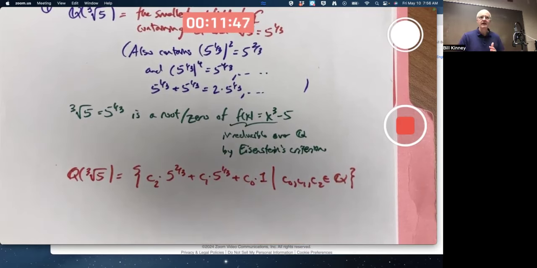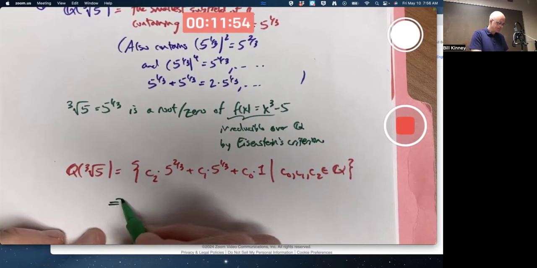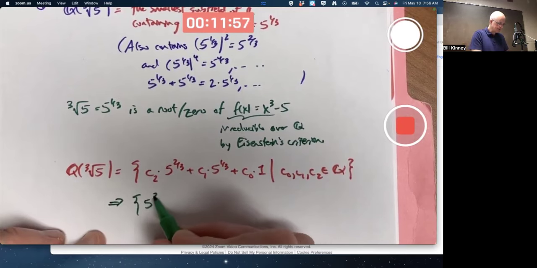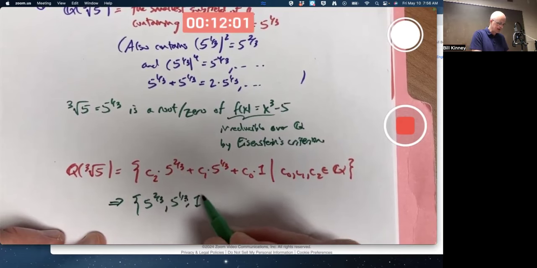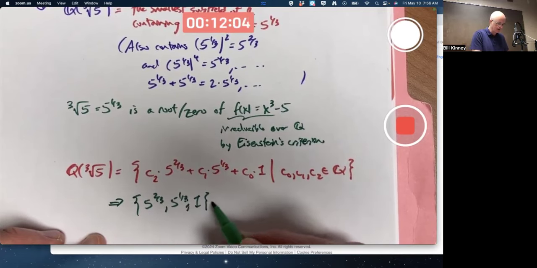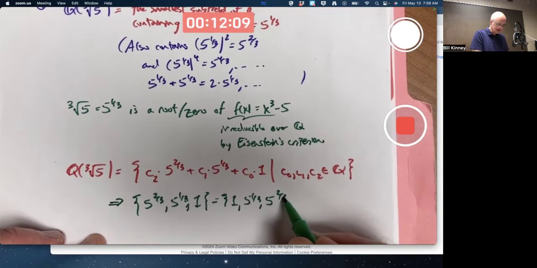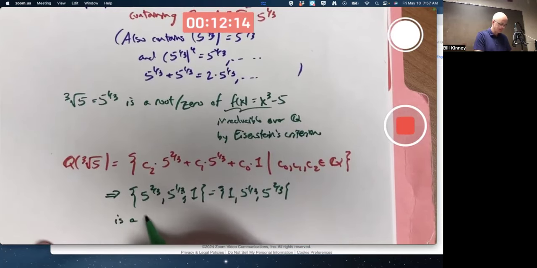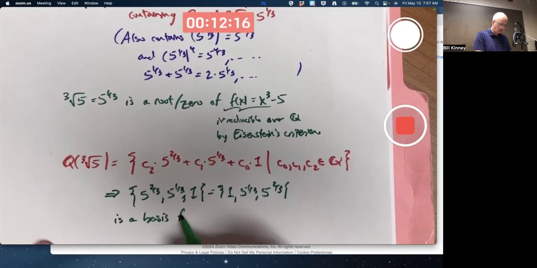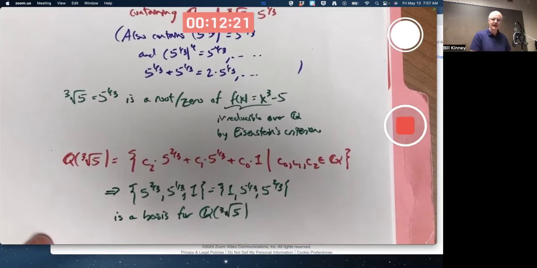This is also enough to say that this set of 3 elements, 5 to the 2/3, 5 to the 1/3, and 1, I'm writing them in that order, but it is a set, so I could write them in the other order: 1, 5 to the 1/3, 5 to the 2/3, is a basis for this field as a vector space